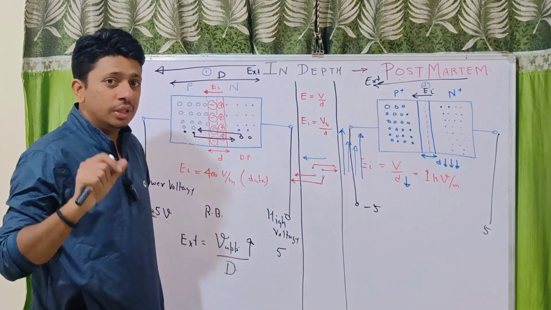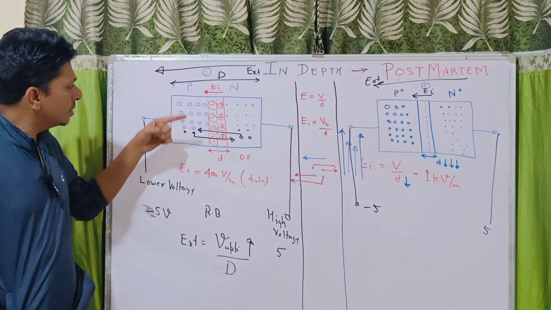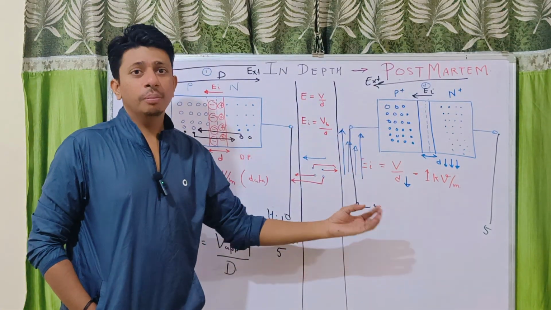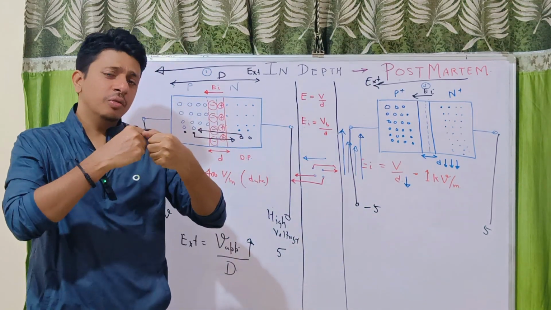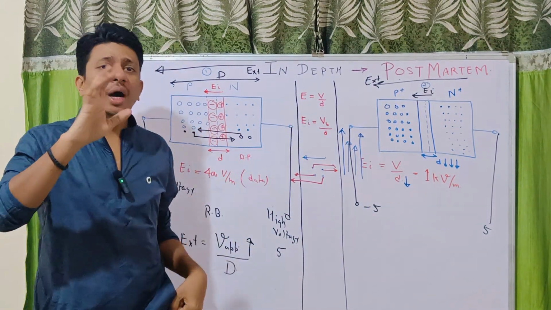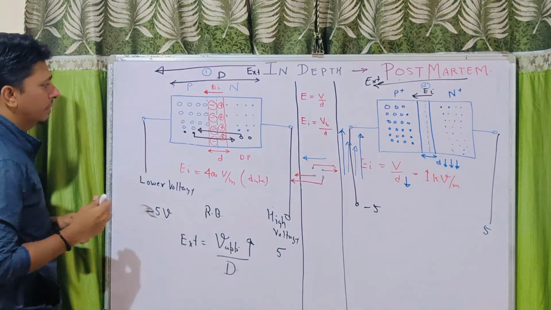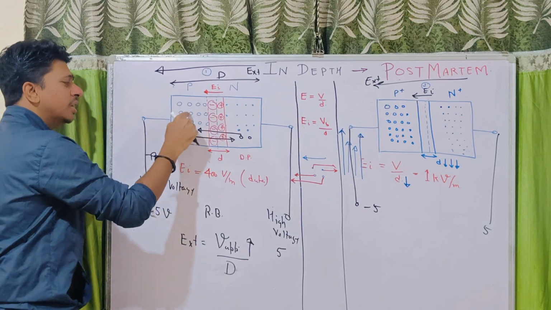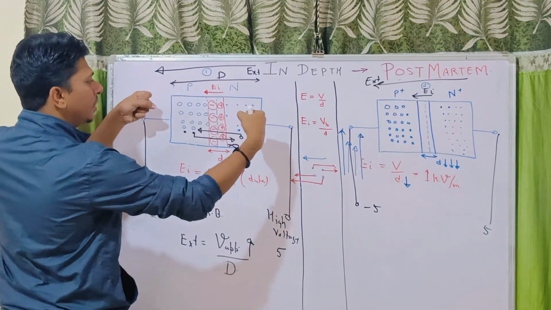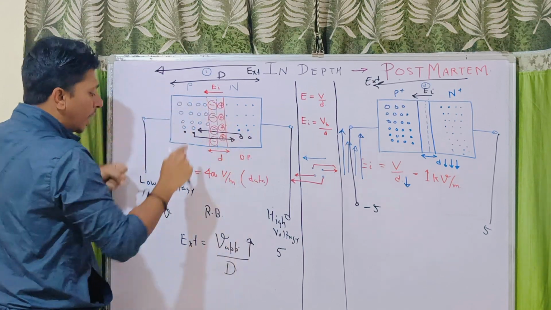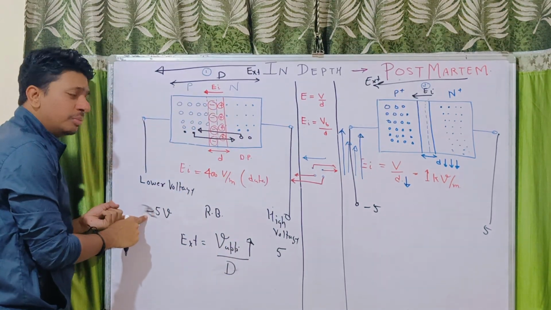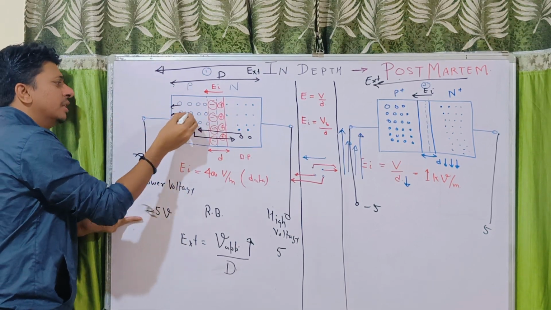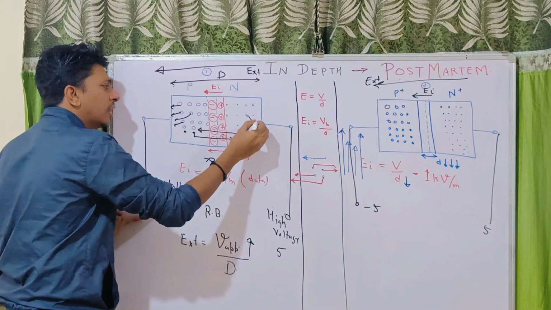Clear? And now one more thing. People will say that when you reverse bias the junction, the depletion width increases. Why is this happening? I want to tell you that. See, this is plus and this is minus. All the holes which previously, due to diffusion, wanted to move in this direction, as soon as you apply a reverse bias, these holes will get attracted by this negative charge, and these electrons will get